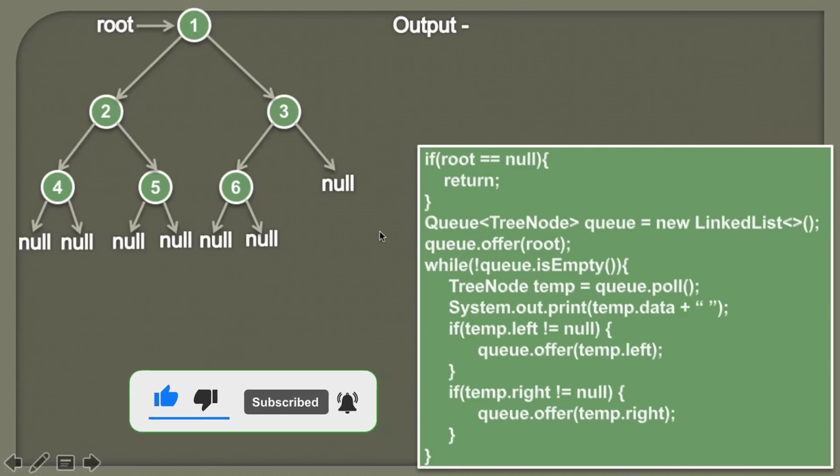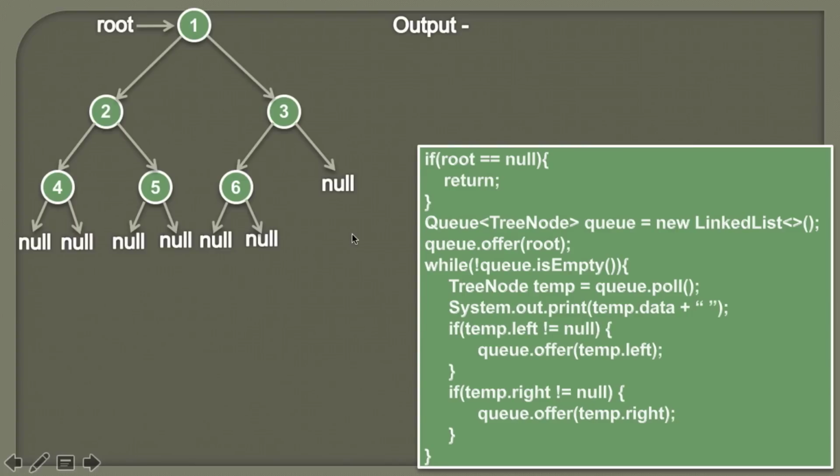So basically in this traversal we are using a queue because it is a FIFO data structure, which is nothing but first in first out. So the element inserted first will be the first to be removed. We will see its significance when we demonstrate the algorithm. So let's start execution of this algorithm step by step.